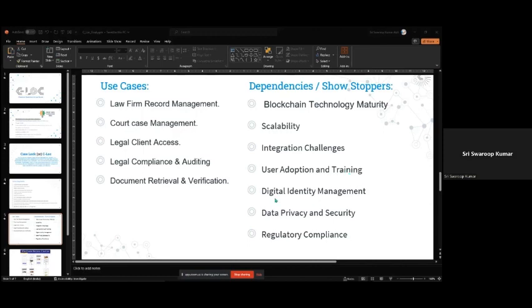Similarly, digital identity management. As I've said before, the Hyperledger blockchain system allows the user to have a digital profile. Based on the digital profile, we can assign roles to the user and give him access to certain situations and scenarios. So we'll use that to our advantage by providing each user a certain role.